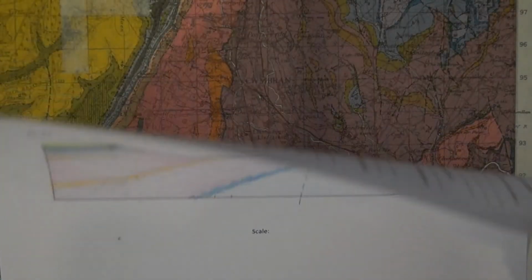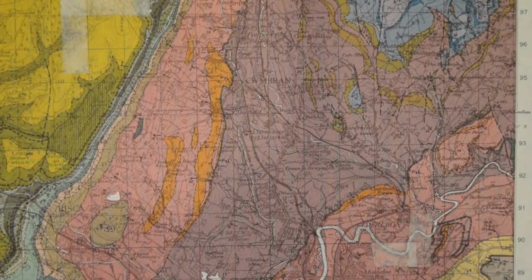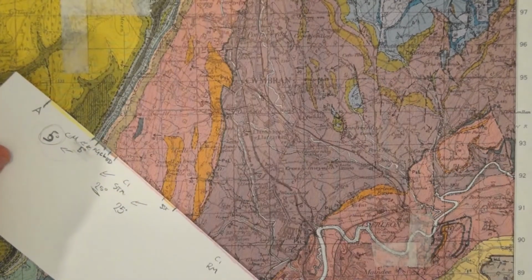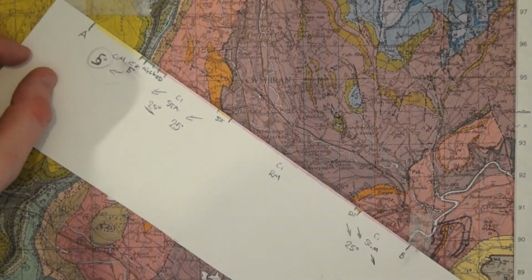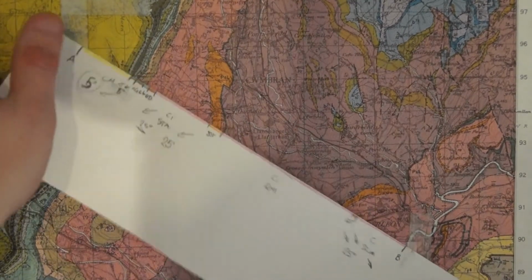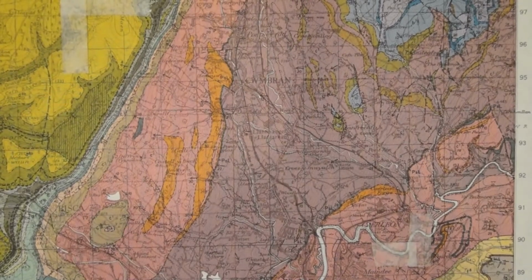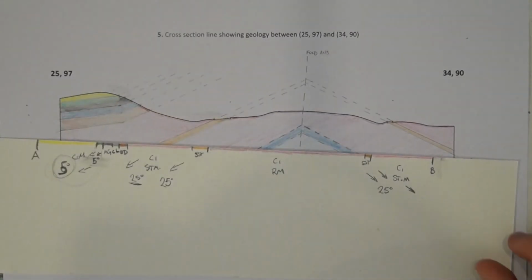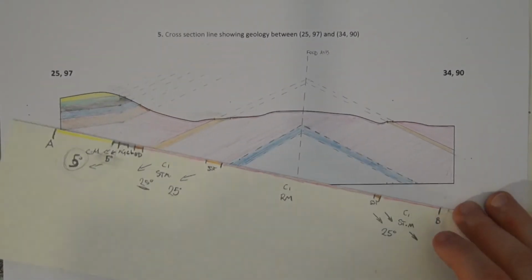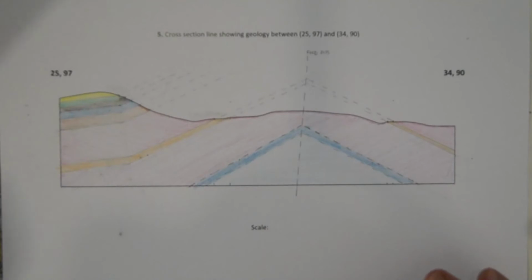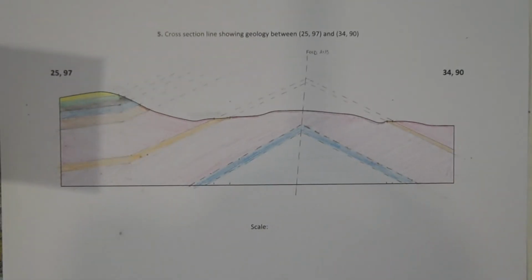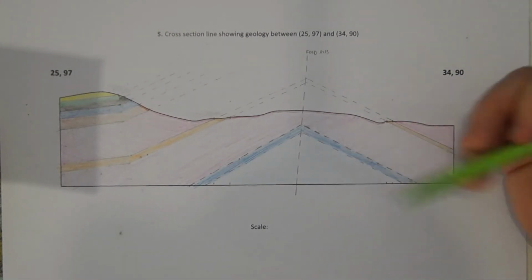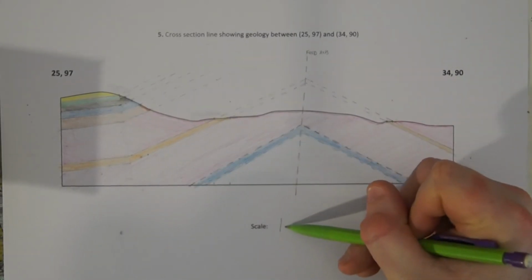And just as we did with the Penrith sheet, all that we did was take the information that we've had on the map, transfer it onto one piece of paper, and then transfer that paper and that information onto a cross section. We haven't done any mathematical transformation, we haven't calculated anything for our numbers. Therefore, the scale of our cross section is the same as the scale of our map, which in our case is 1 to